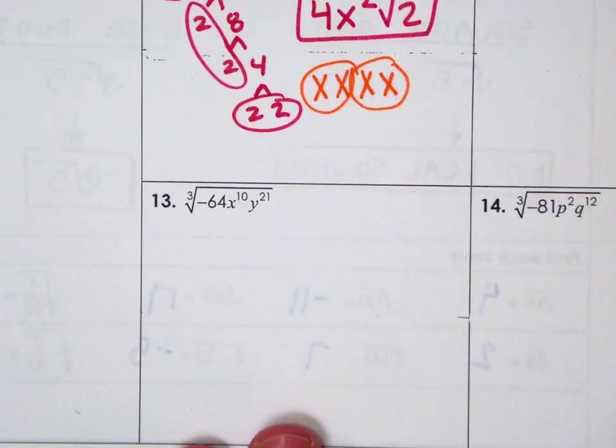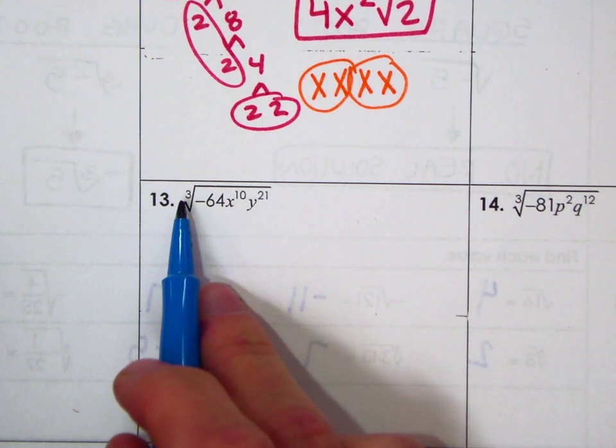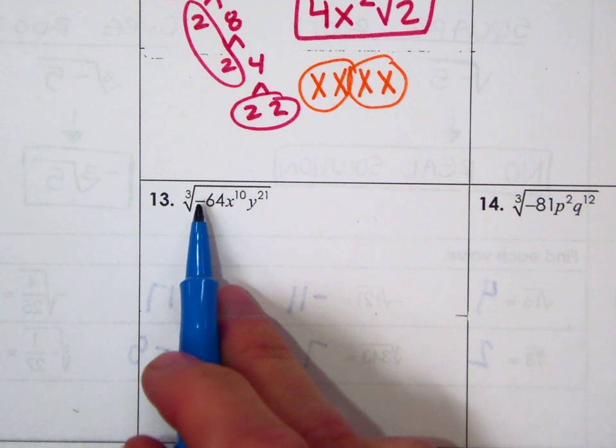Okay, let's try another one. Okay, I got the cube root of 64. So I'm recognizing 64 as one